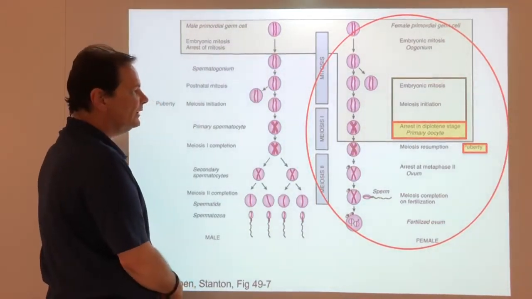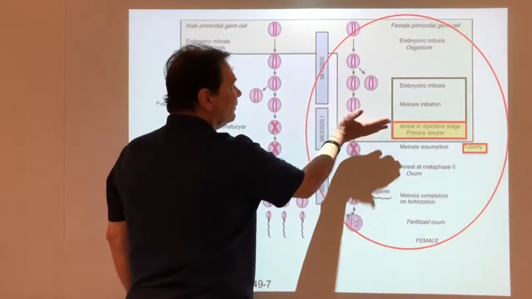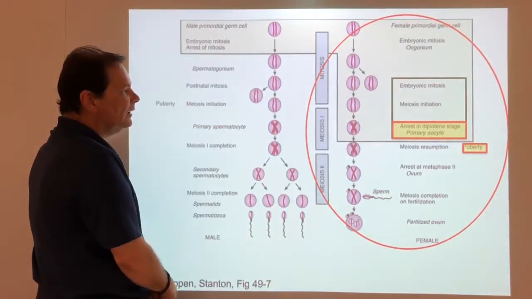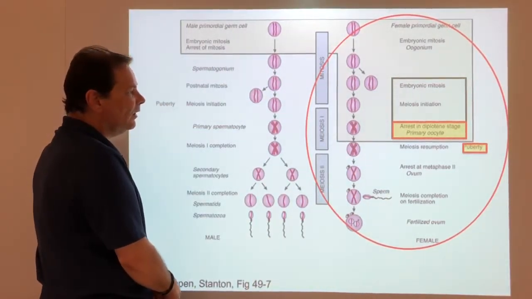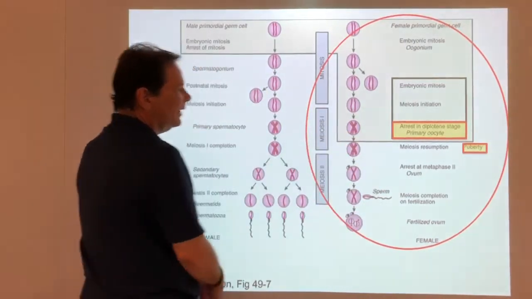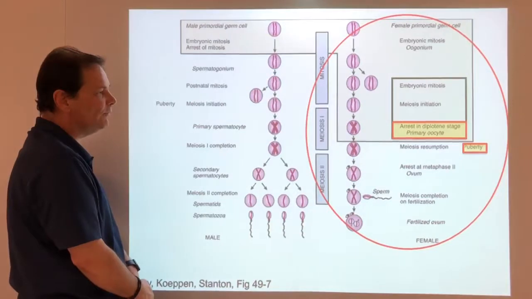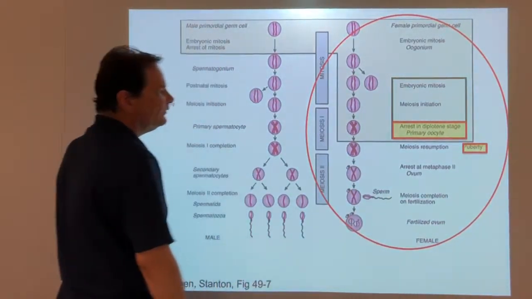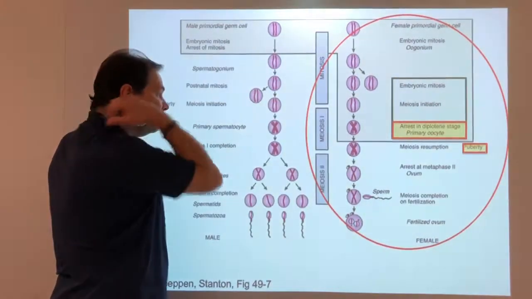So before puberty in the female, we have a lot of oogonia that are arrested right at this stage, right where they're ready to continue with meiosis and the generation of the ovum. This is the primary oocyte,